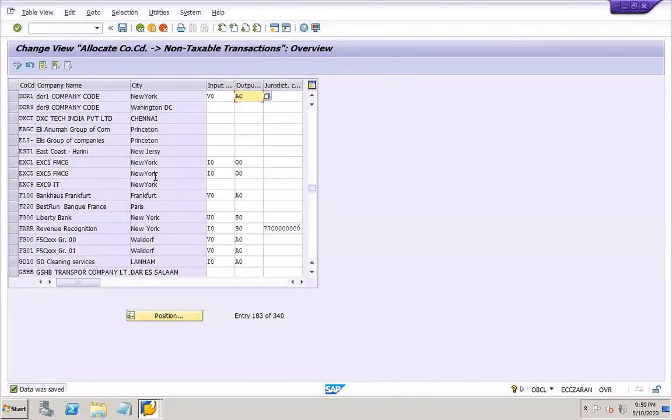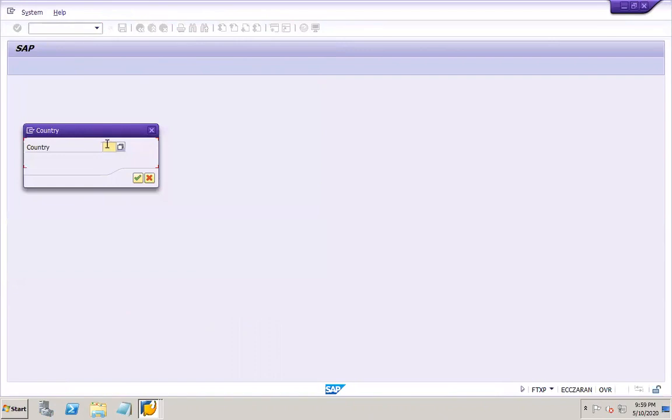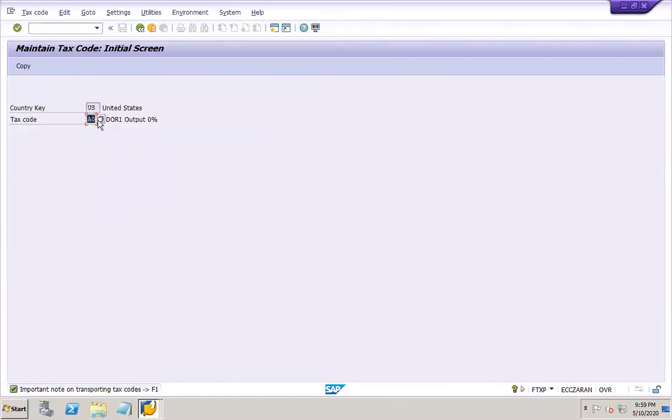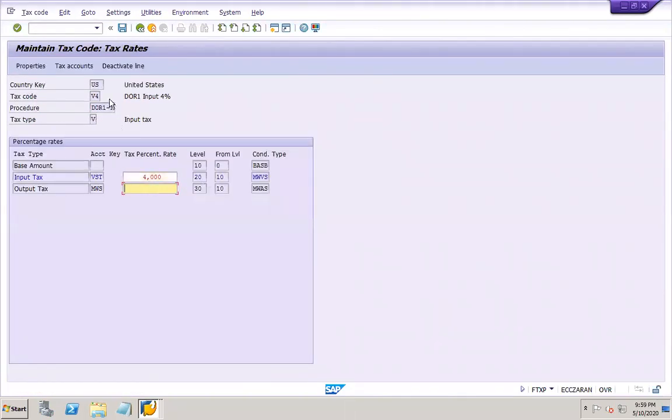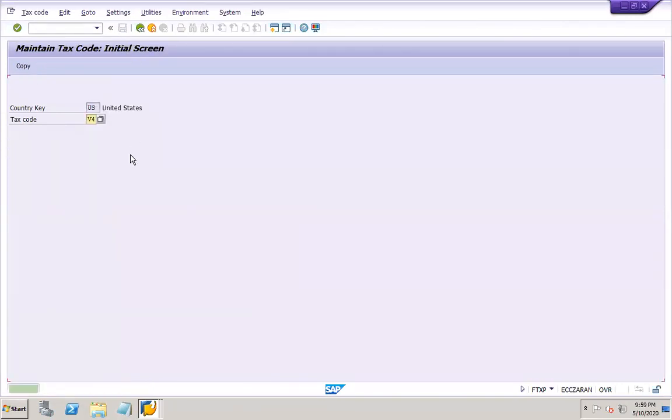Okay, so first is you need to define the 0 percentile, and next you can give any percentile tax codes you want. So now go to FTXP again, go to master data. Now for input, I'm saying V4 percentile for input. Input 4 percentile I'm giving. So output you need to deactivate. Input 4 percentile is coming. 4 percentile is coming, that is fine, but